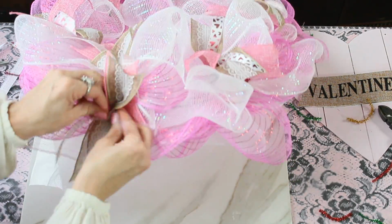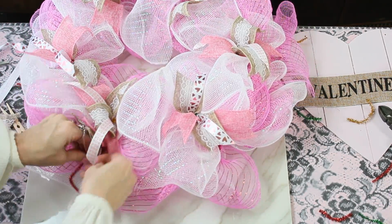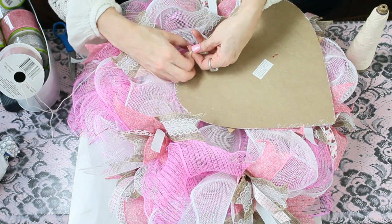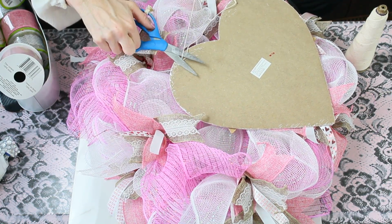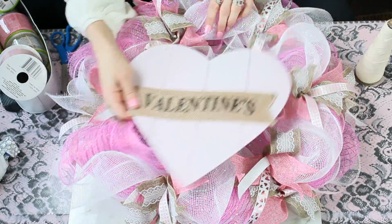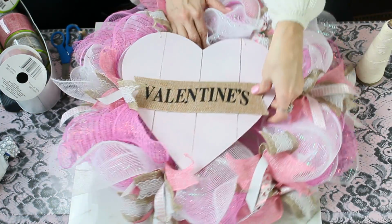And then you're going to go around the entire bottom part of the wreath and tie in your ribbons. So you're going to have lots of beautiful ribbons overflowing. And then what I want to do is add in that beautiful sign that we created earlier. So I'm just using a string to tie onto the sign. I'm going to snip that off, and then I'm going to wire that on with some pipe cleaner. It comes out so beautiful, and you guys could totally stop there, but if you want to get a little